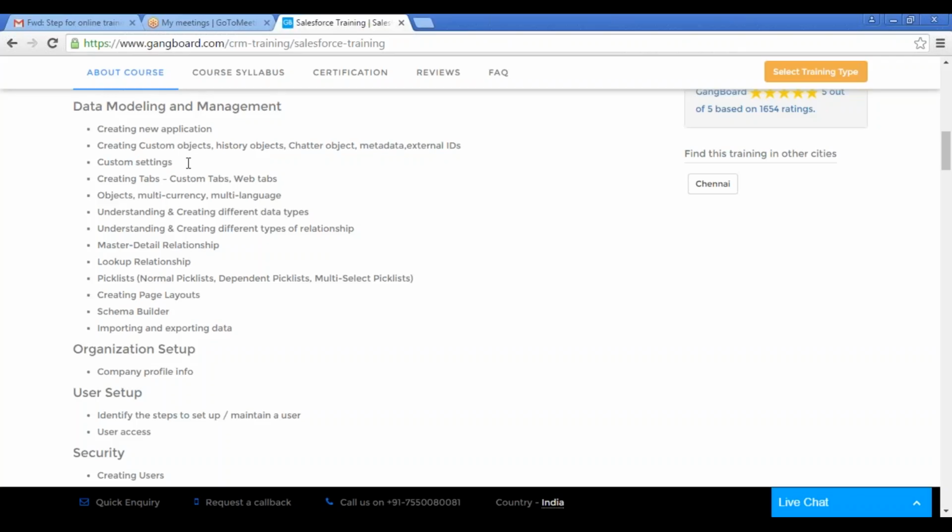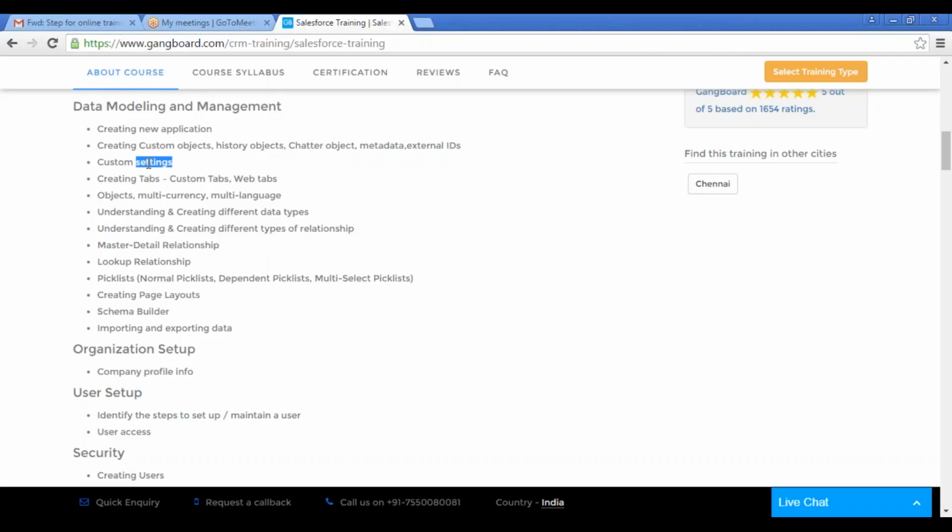Custom settings I would be explaining, but if you want, I can give an overview. But definitely I will be showing everything in development actually. Custom settings, if you see, for example, let's say you are having the pin codes of your states. For example, in the United States, there would be different states, right? Every state will have a unique pin code. Let's assume in your company, your users are constantly referring to those pin codes again and again. So instead of hard coding it in your programming language, or instead of again and again querying